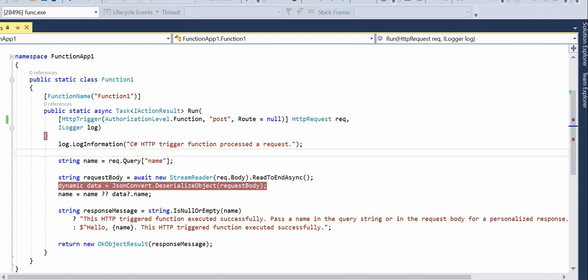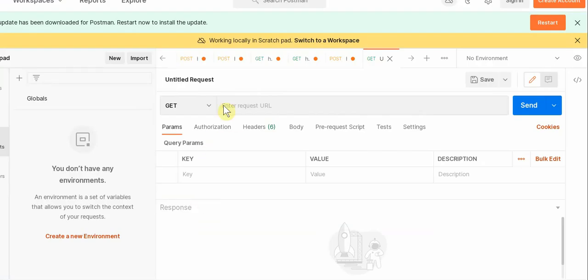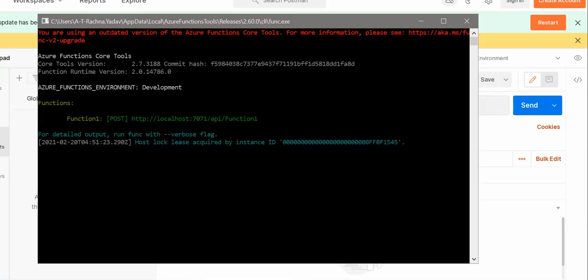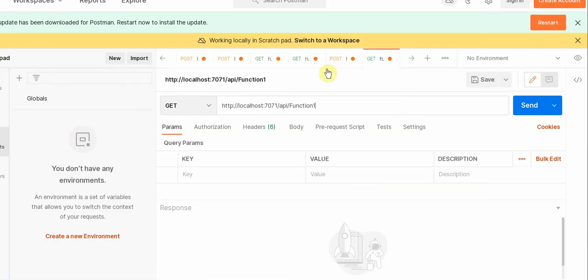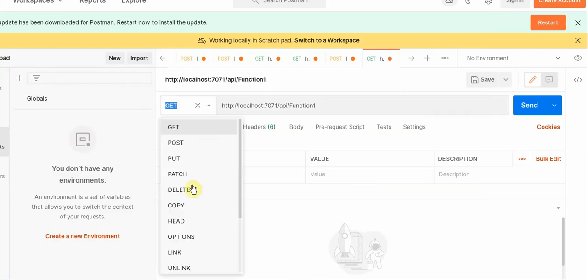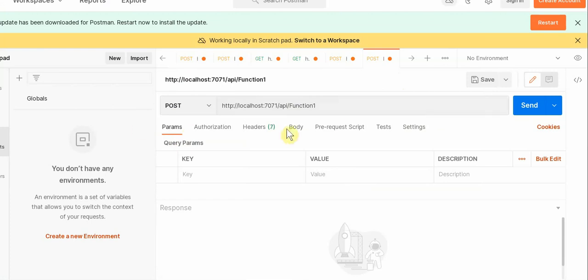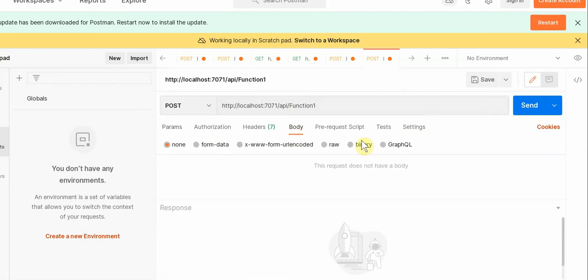And then go to your Postman, set up the Postman and just enter the URL that we got from this command line prompt, and then make the post request, like I am using the post. And give the body. In the body, if you're passing JSON, I most of the time use the JSON format only. Click on raw and then JSON, and then I'm passing the sample JSON here.